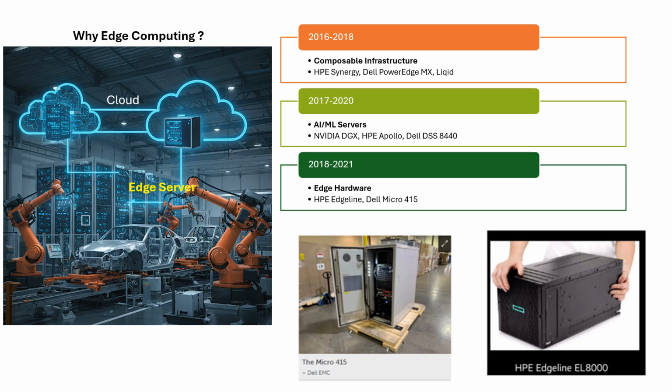I run a small factory and host all my applications in the cloud. However, when my robots receive commands from the cloud, it creates latency. Building a full data center in my factory isn't feasible, so we use edge servers for real-time production. This way, the robots don't have to wait for the cloud, they respond instantly from the local edge server. Use cases of edge servers: smart factories, retail stores, or oil rigs where you can't afford latency from central clouds.